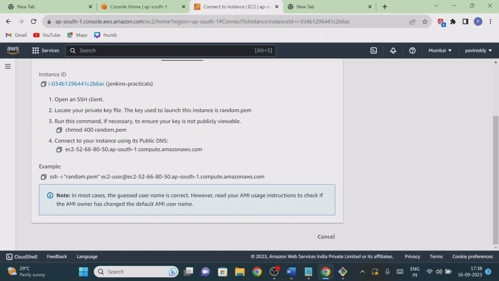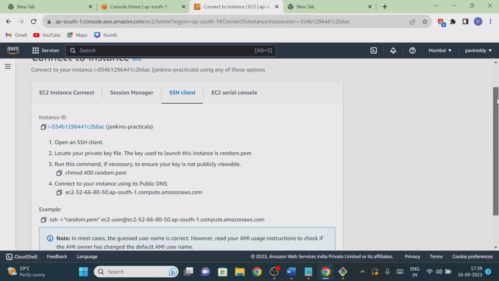What is the meaning of this one? We are using the Secure Shell protocol. What is the username? In a system you may have multiple users, right? So ec2-user is one of the usernames. The main username is called the root account, right? Here we can enter the public IP address, or we can enter the domain name services also, right? Just copy this one.